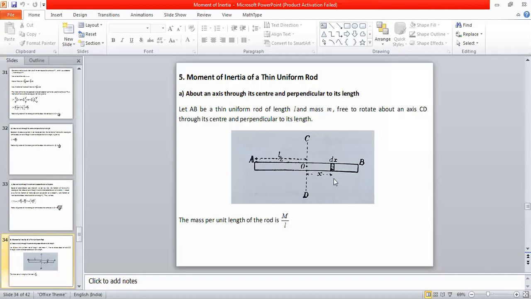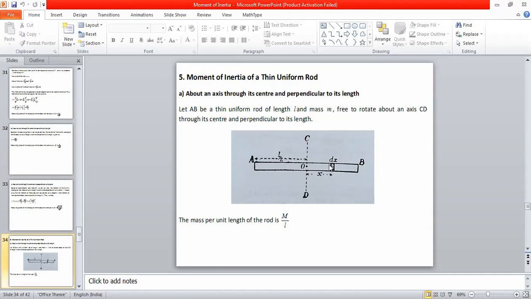Now in order to calculate moment of inertia, what we do is we calculate moment of inertia for a small portion. I have taken one small portion, a small element here. This small element has a length dx. I hope you can see in the diagram. This small element having length dx is at a distance x from the origin. So the small length element, which is a small shaded area here on the right side of your rod, has length dx, and it is at a distance of x from the origin. So in order to calculate moment of inertia of the entire rod, we need to calculate moment of inertia of this particular small portion.